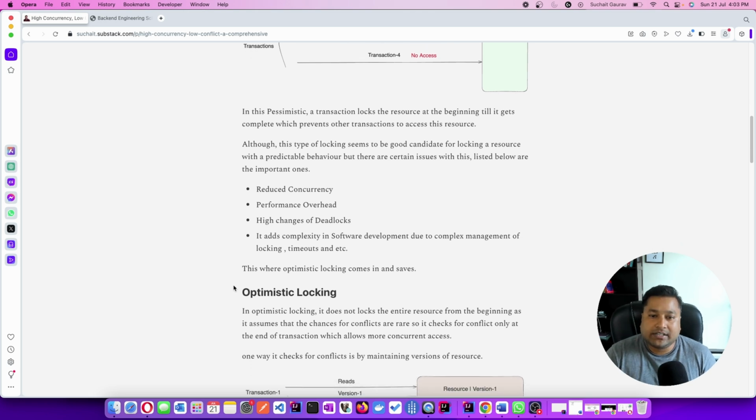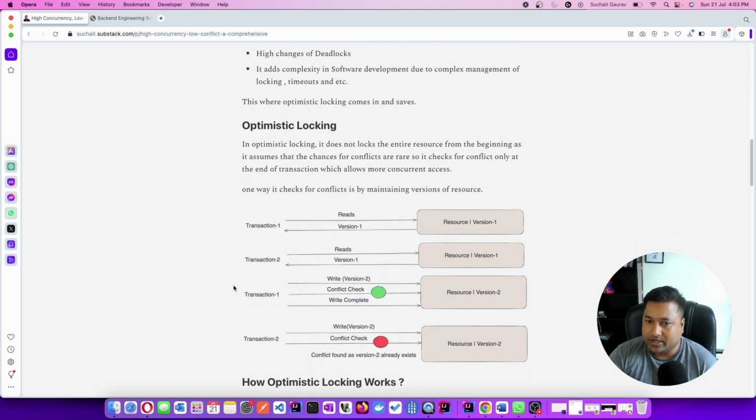Right. So now let's quickly understand optimistic locking. By the term, you can understand that it's optimistic, right? So what I mean is, if I go here,